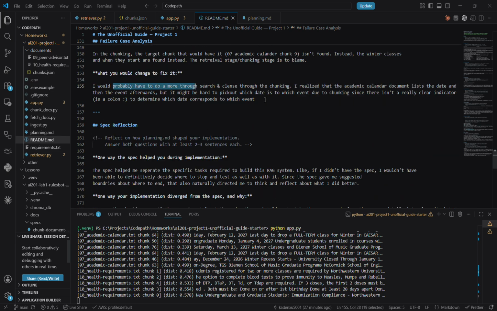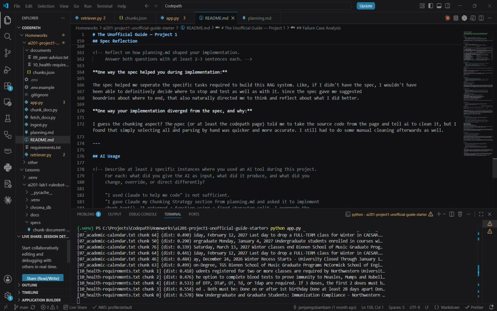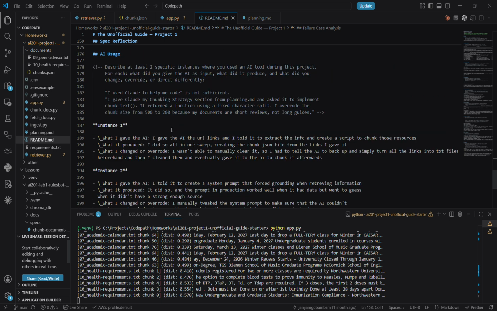And yeah, that's basically what I said here. The spec I felt was quite useful. It was very nice being able to refer to that and to give it to the LLM to help contextualize it, which I felt was very powerful. It also lets me determine when to stop, which I felt was very nice. One thing I changed was that the LLM wanted to one-shot everything with the spec, take everything and then immediately chunk it, but I had to change it to chunk manually.